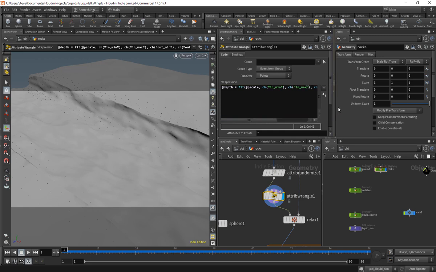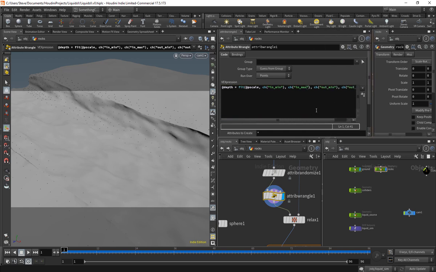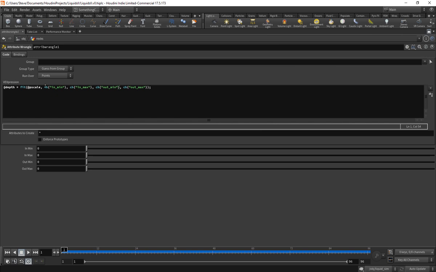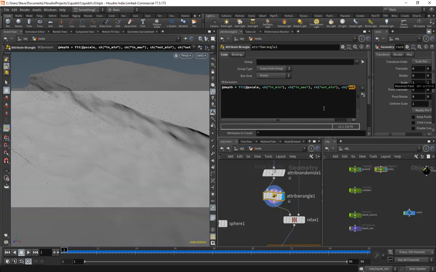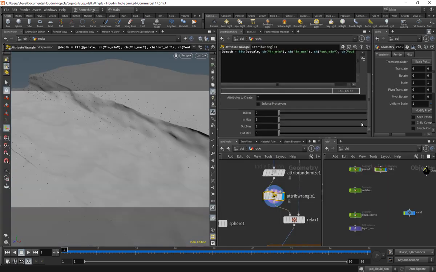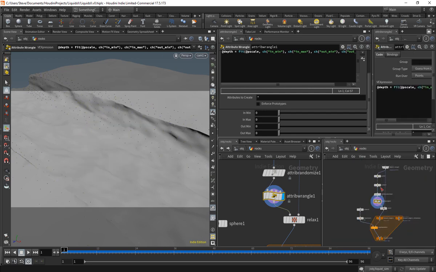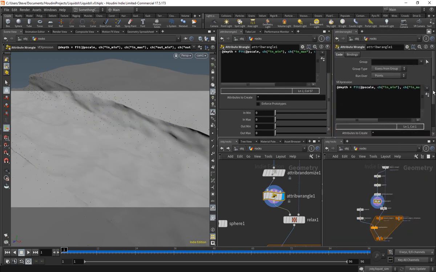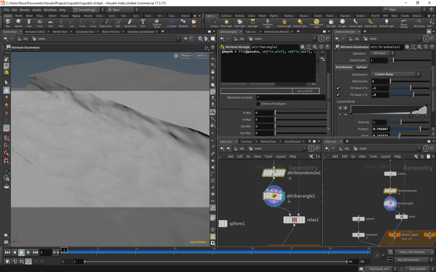If you need to see the whole thing, as people have told me about previous lessons, they can't always see it. So we're remapping the p-scale in min-max to out min-max. So press this to create all those things. And what we need to do is just drive. There are probably more elegant ways of doing this, but I'm just going to drive